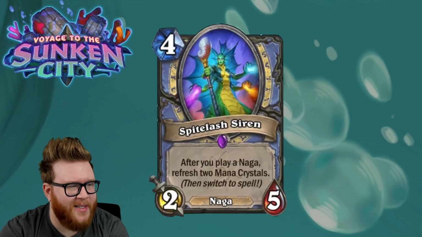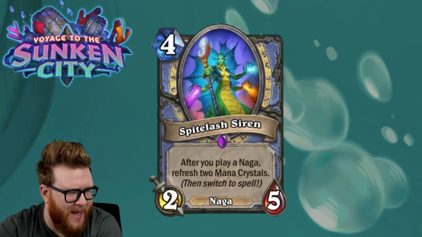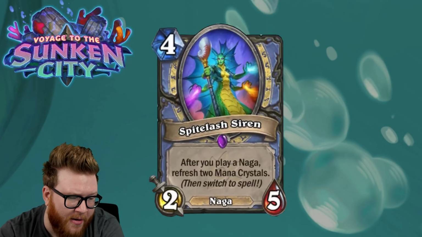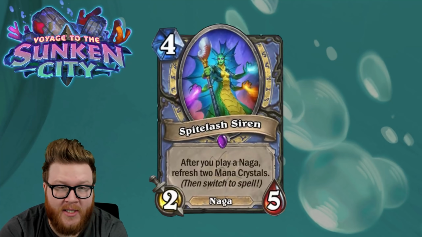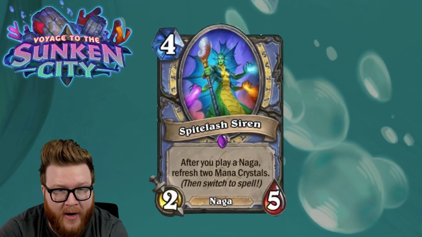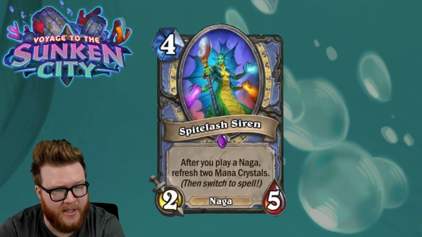All right, next up is what we always wanted, more Mage mana cheat. It's the Spite Lash Siren here, a new 4-mana epic for Mage. She is a 2/5 Naga, and she reads, after you play a Naga, refresh 2 mana crystals, and then it's going to switch to spell. So what that means is after you play that Naga, she's then going to say, after you play a spell, refresh 2 mana crystals. And then presumably will continue to swap indefinitely